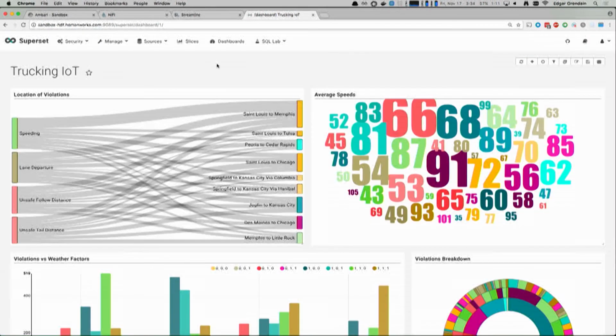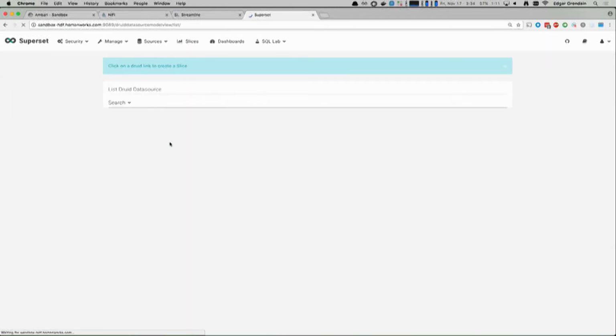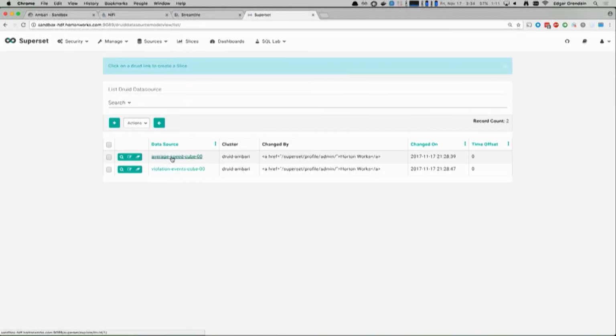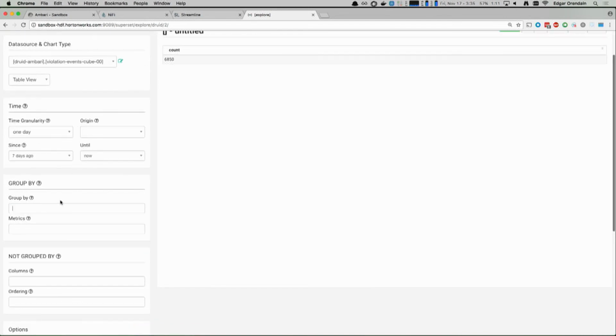Let's actually create a slice, just to see how easy it is to create a new visualization using the data that is being processed and made available to Superset in real time. So let's say you take violation events. We want to group by.